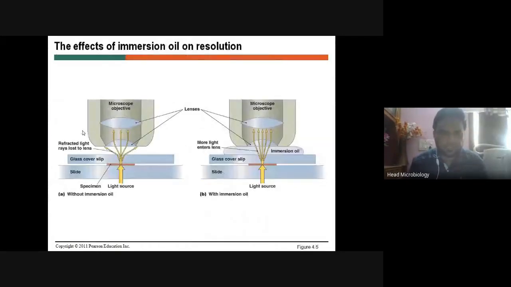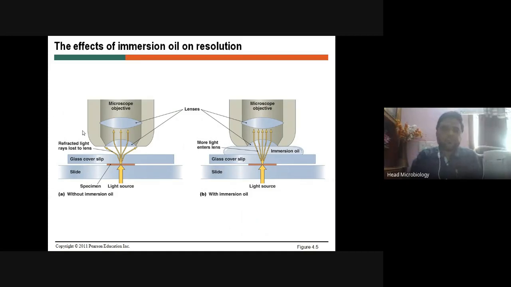Oil immersion, I'll discuss. Okay. Do you permit me to complete this part? Already it is 10. Okay, let me complete this and I'll finish. The rest of the things I will do in the next class.